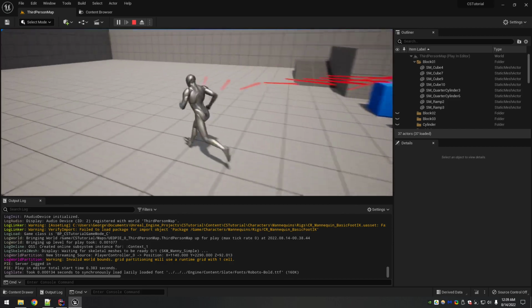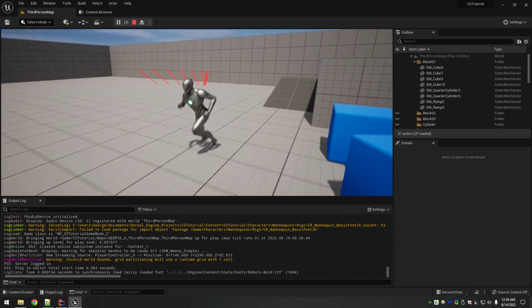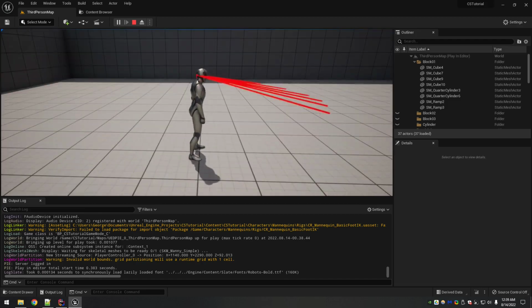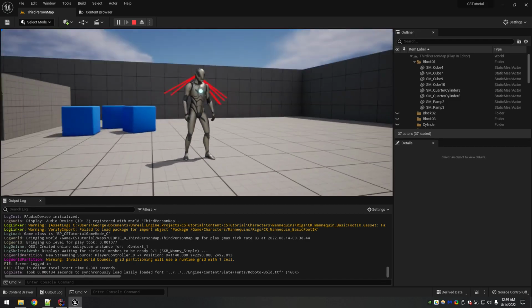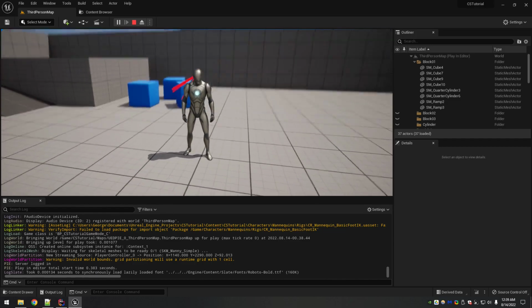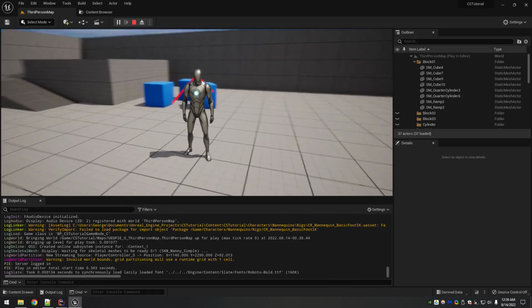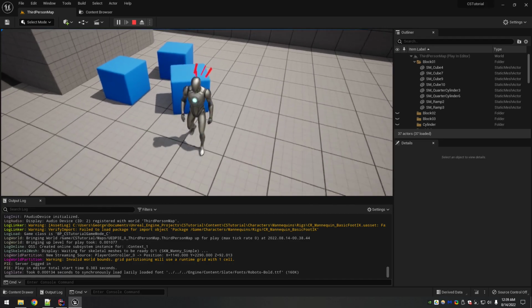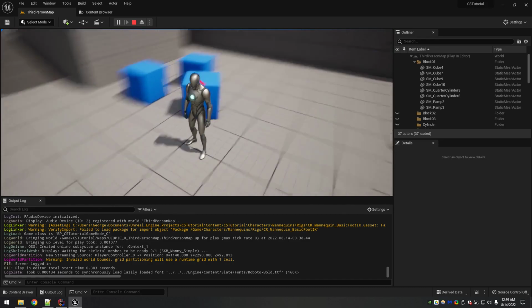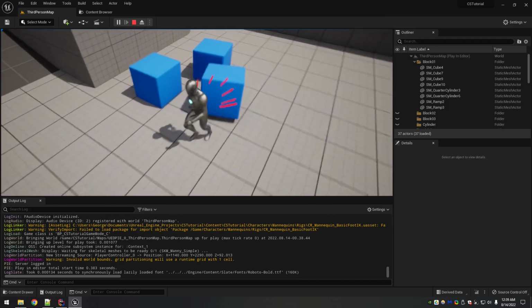But the point of this is our interaction line trace is looking good and it's working. Now, I'm talking all about how I want it to come out of his eyes, and it can shoot out the back of his head. There isn't actually an easy way to fix that, which I did fix because in some games it probably doesn't matter. And if it doesn't matter to you, then it's fine.